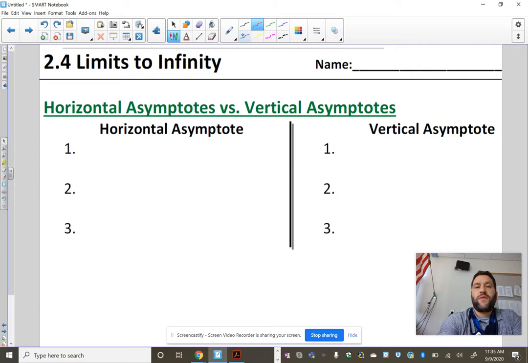All right. After watching those videos, let's make sure that we have some basic understandings of the two types of asymptotes: the horizontal versus the vertical. And in both situations, there's three important parts that I want you to know. Okay. First off, with horizontal asymptotes, the graph